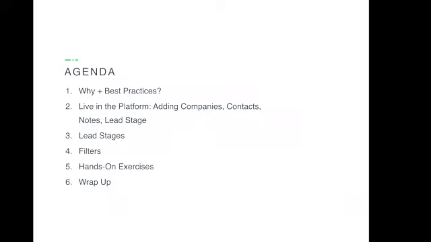Filters, I want you to be able to see exactly what you need to see, what we'll be looking at when we're exporting a report. And then we're going to do some hands-on exercises. So if you're not logged into HubSpot, if you can go ahead and do that now so we're all on the same page, and then we'll wrap up with a few notes. So to get started,